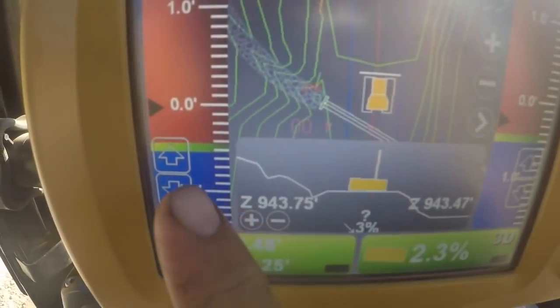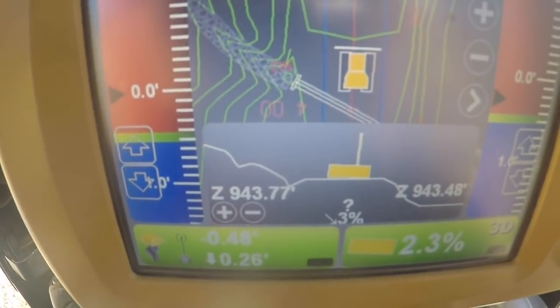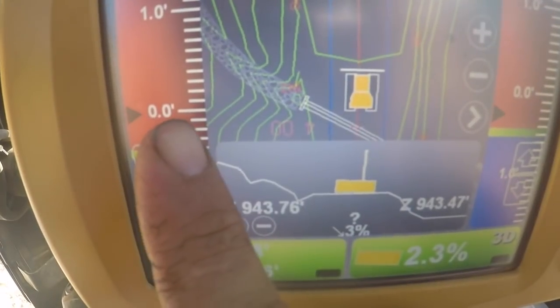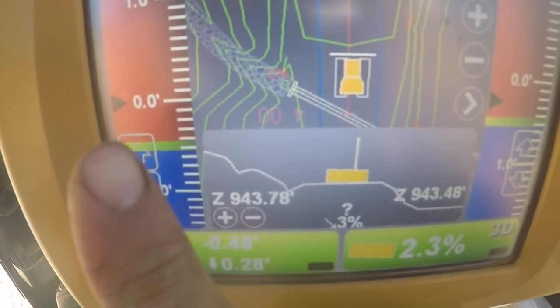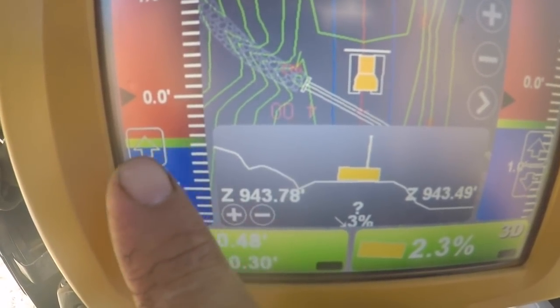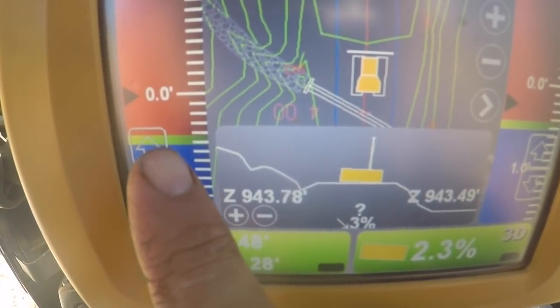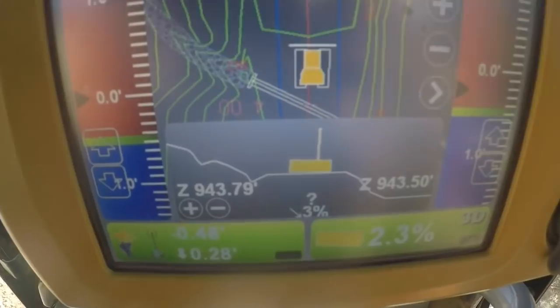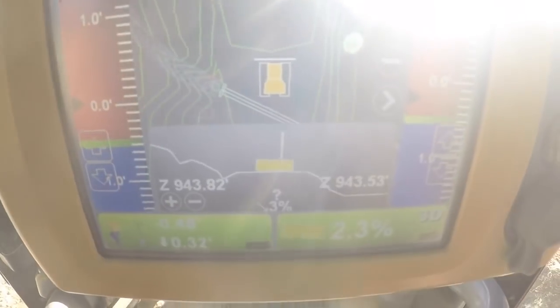green is on grade, red means I need to go down, and blue means I need to raise my blade up. And the reason the green is not on zero is actual finished grade. That's what the pavement will be when it's done. This grade here is what I've got it set that I want the gravel to be at this current time. So that's a little bit of an explanation about what's going on